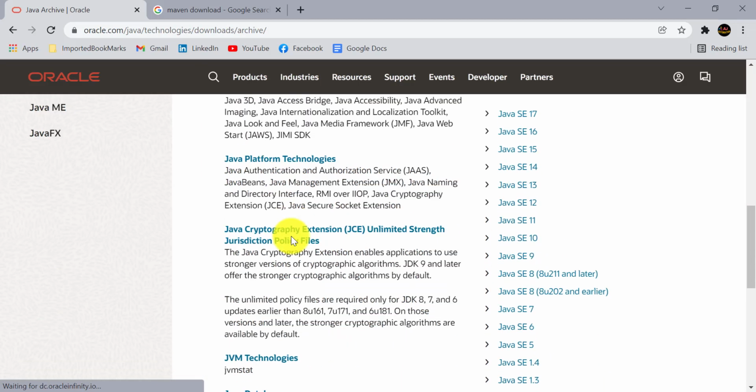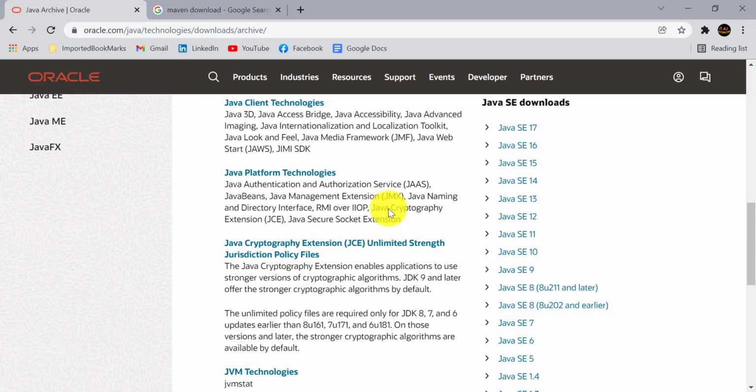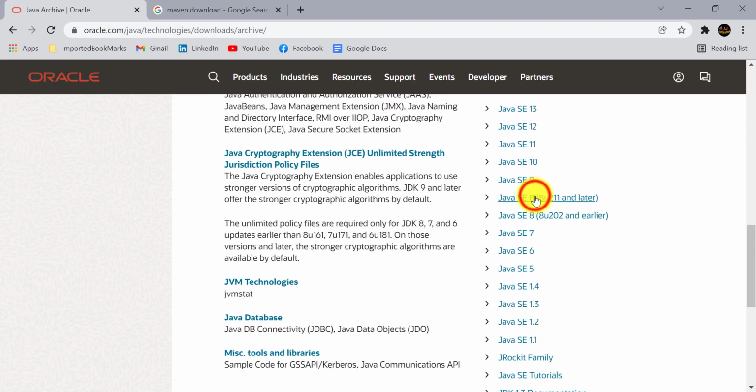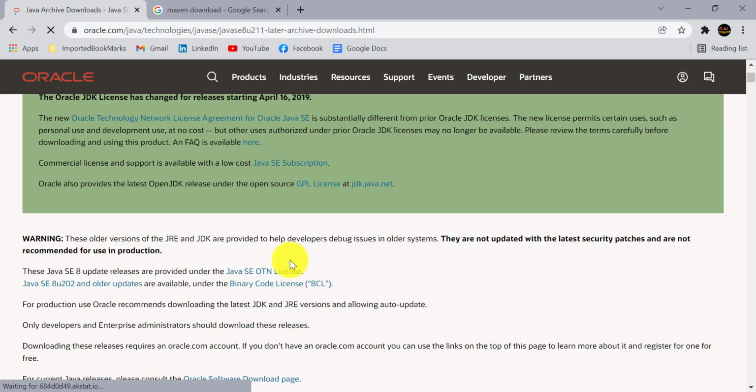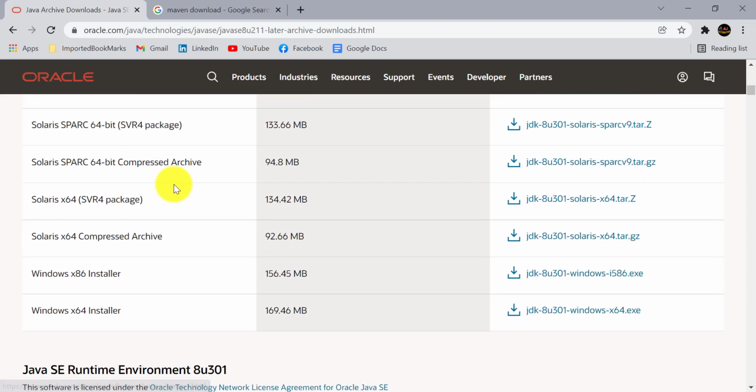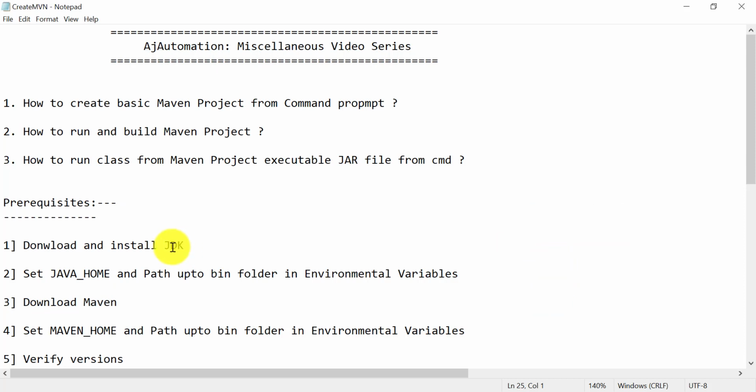go to Java archive, and from here you can download different versions of Java available. Okay, so I am going to download Java 8. Depending upon your system, Linux, Mac or Windows, and 32-bit or 64-bit, you can download it from here. Okay, after the login. So once JDK is installed in your system, you need to set the Java home and